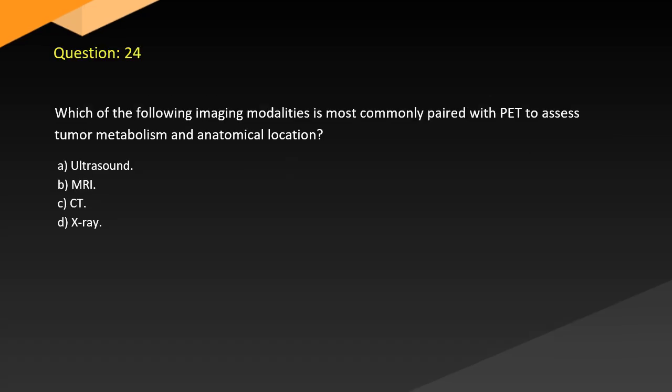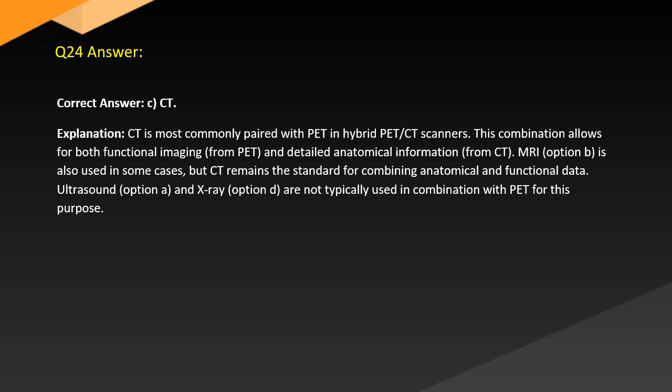Question 24. Which of the following imaging modalities is most commonly paired with PET to assess tumor metabolism and anatomical location? A. Ultrasound. B. MRI. C. CT. D. X-ray. Answer. Correct answer, C. CT. Explanation: